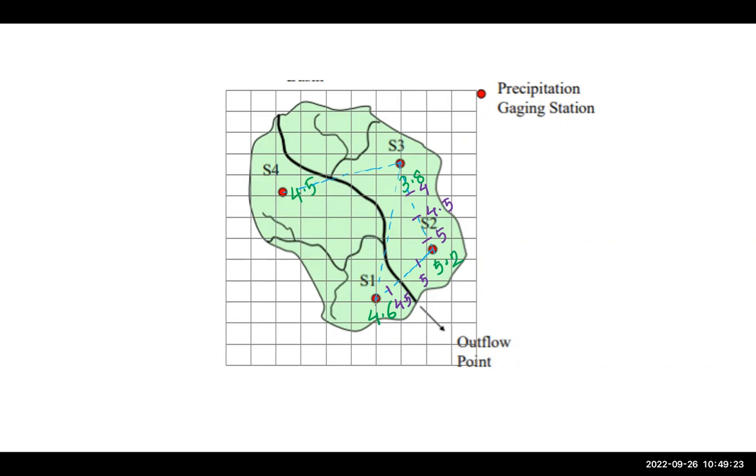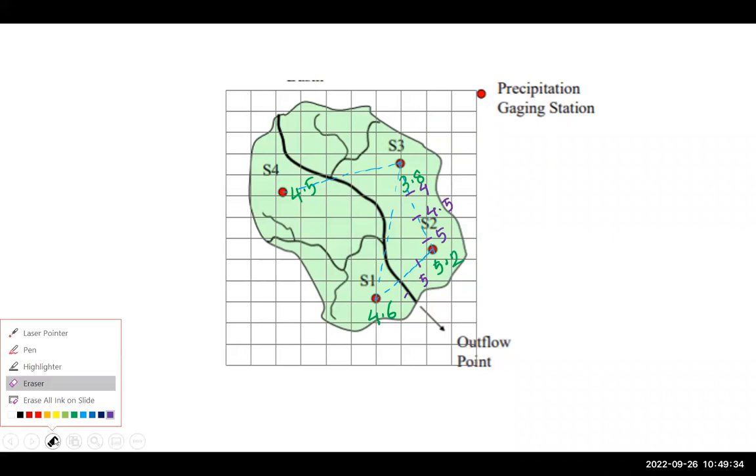Oh no, 4.6 is the point here. Oh, you are correct. Yeah, there will be no 4.5 here. 4.5 will be this side. There will be only 5. Yes, you are absolutely correct. Okay, we have only 5 here. In between 4.5 and 3.8, we will have kind of 4, right?